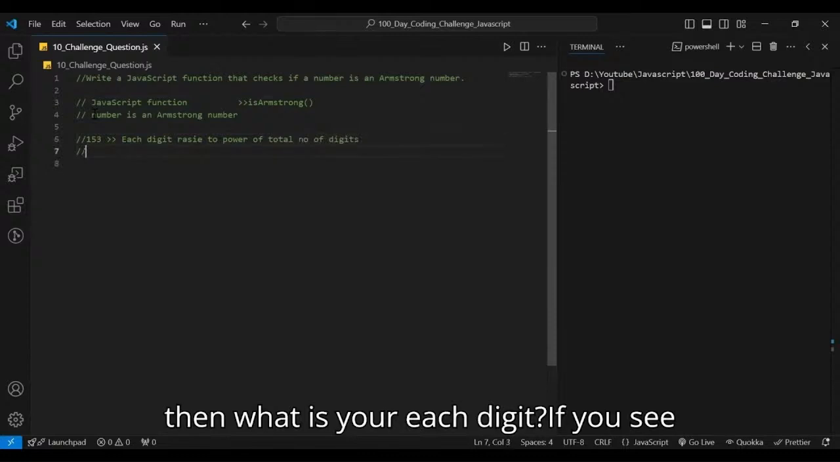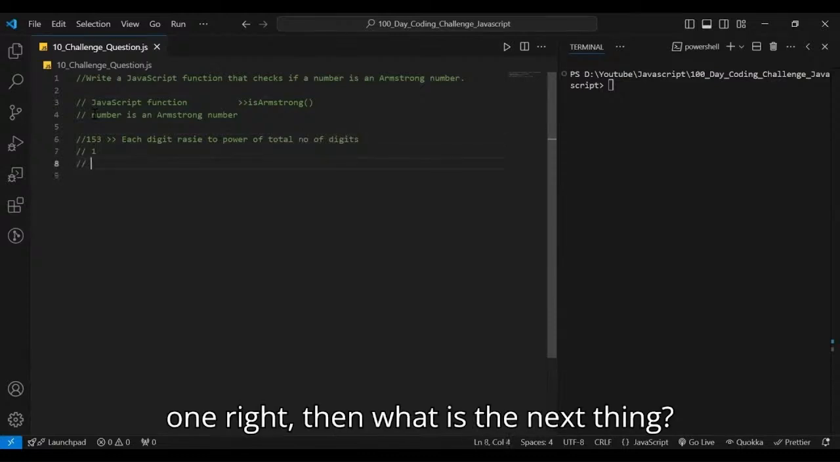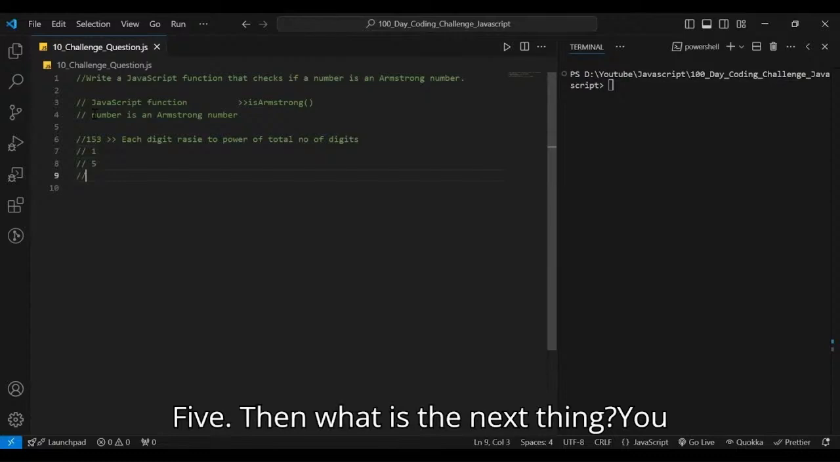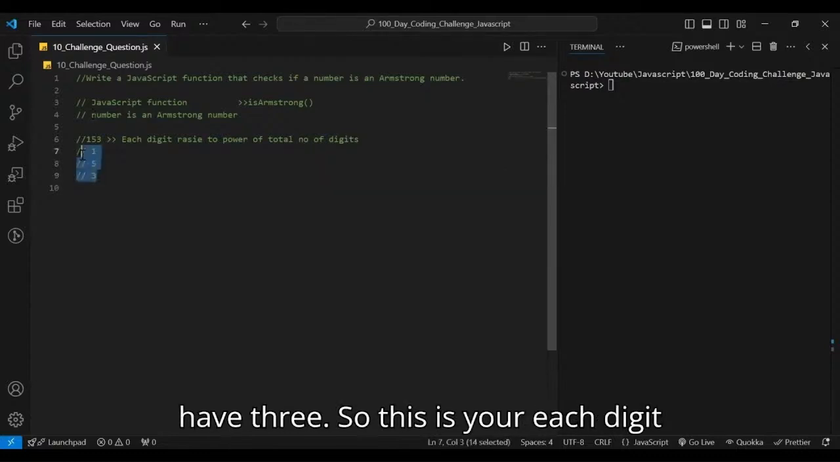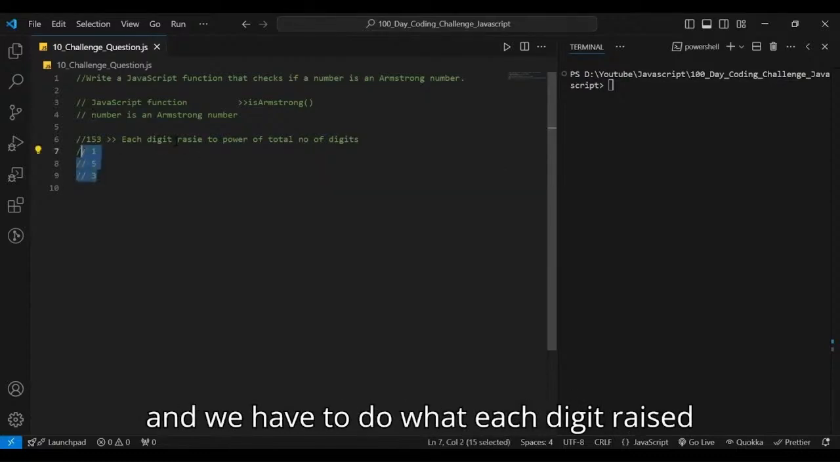So then what is here? Each digit, if you see, 1, right? Then what is the next thing? 5. Then what is the next thing? You have 3. So this is your each digit, and we have to do what? Each digit raised to the power of the total number of digits, right? So then